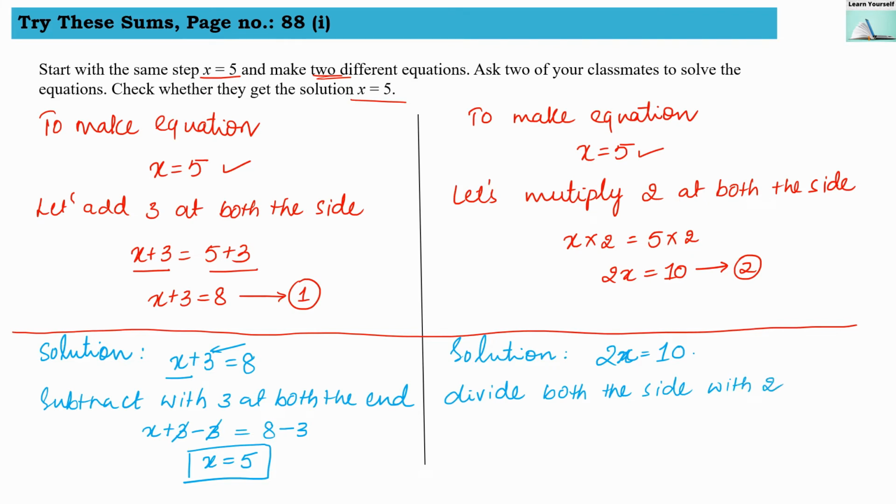So when I divide both the sides by 2, it is going to be 2x divided by 2 equals 10 divided by 2. So this 2 and this 2 will get cancelled out. I have separated my variable, that is x equals, 2 fives are 10. So x equals 5, I got it back. So that is how I